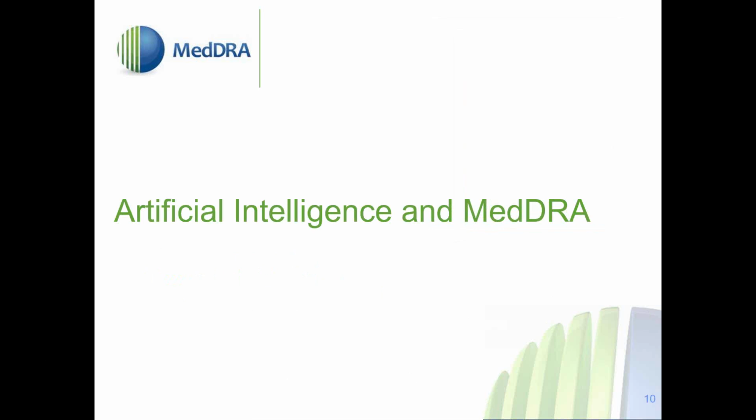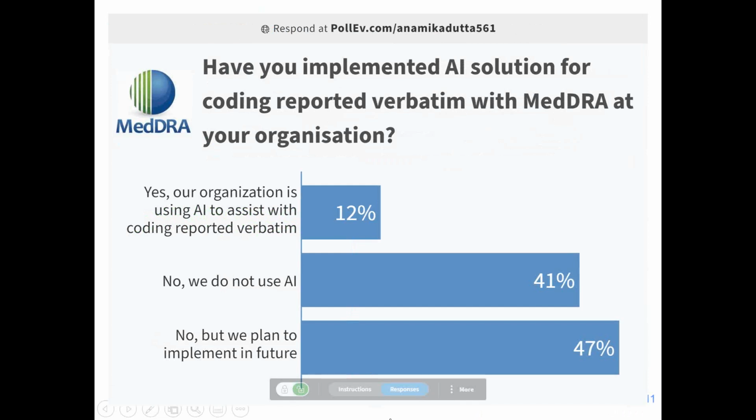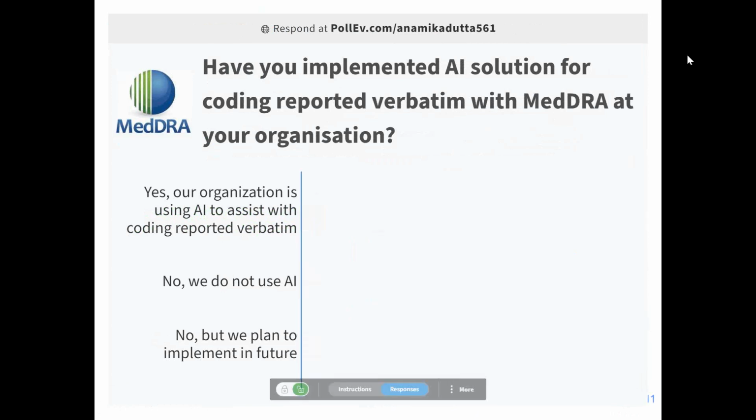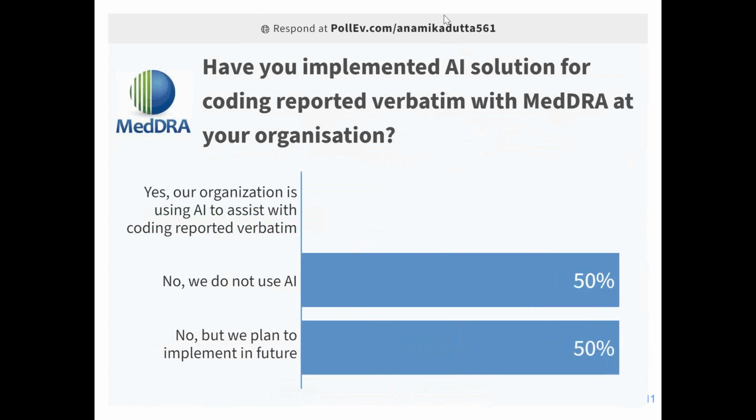So moving on to the next section, the way in which a computer system can copy the way a human mind thinks has been a topic of great interest in recent times, and our next section would revolve around that. And we would learn from our next 2 speakers how they are training their computer systems to behave like real-time coders. So having said that, I would like to launch a quick poll. We would like to know if you have implemented AI solutions with coding at your organization.